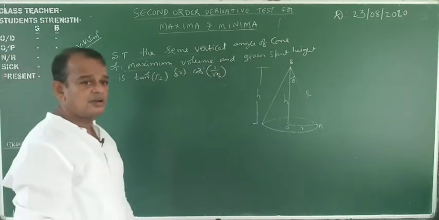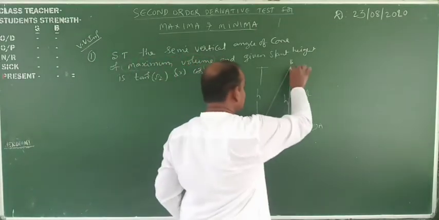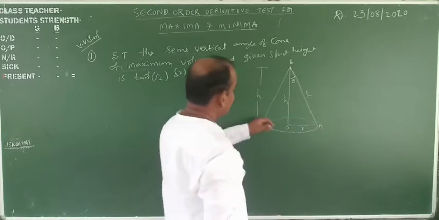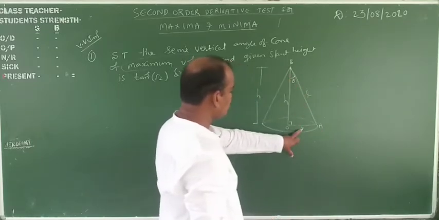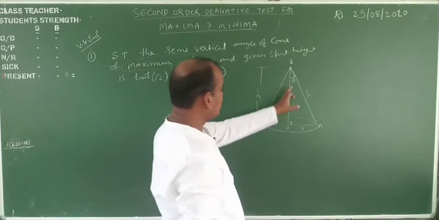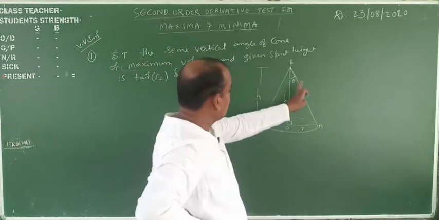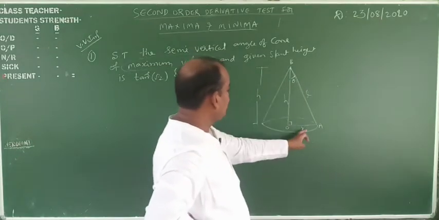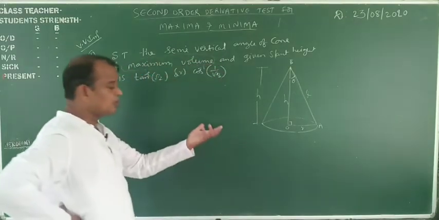Here we have discussed theta, that's why I am telling you. Now in this triangle, observe that this is 90 degrees, this is the hypotenuse, theta has an opposite side and this is the adjacent side. First of all, sin theta is equal to r by l, cos theta is equal to h by l, and tan theta is equal to r by h. Now we go one by one.